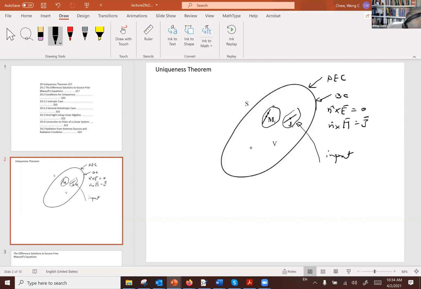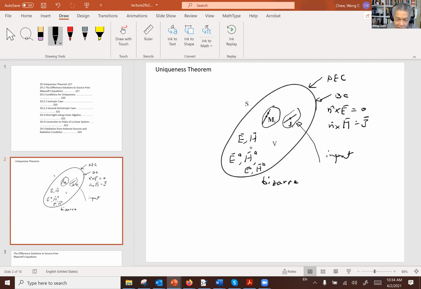So the thing is that you have E and H inside, and let's assume that the solution is not unique. Then you probably can have a pair of solutions E_A, H_A and also possibly E_B, H_B. And if you can't distinguish between E_A, H_A, the pair, and E_B, H_B, it is bizarre. It's bizarre in the sense that